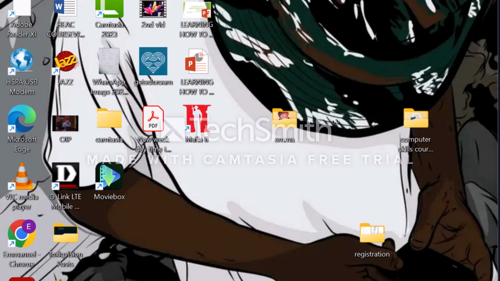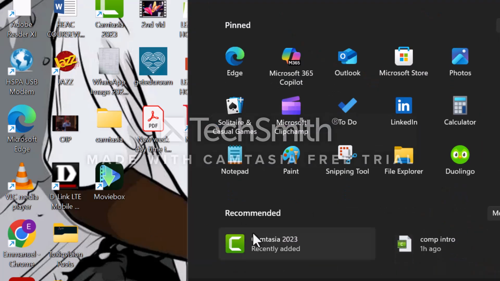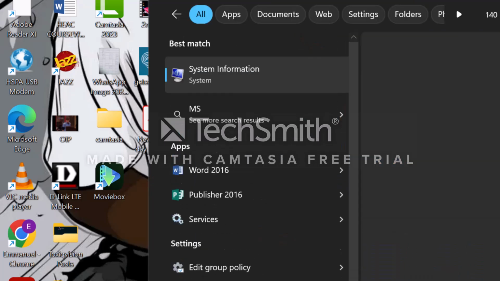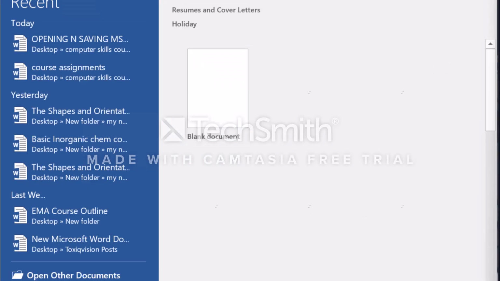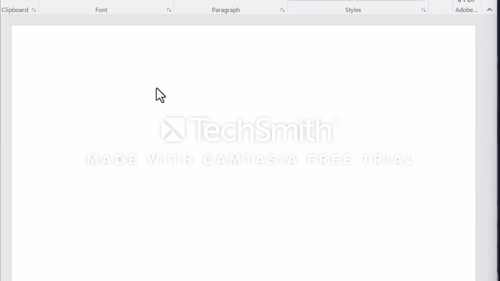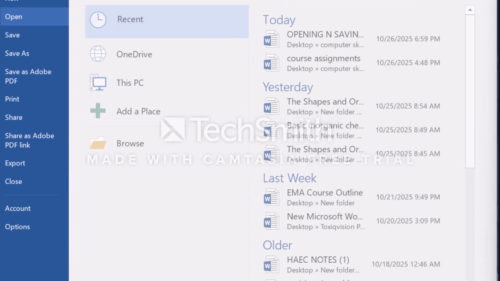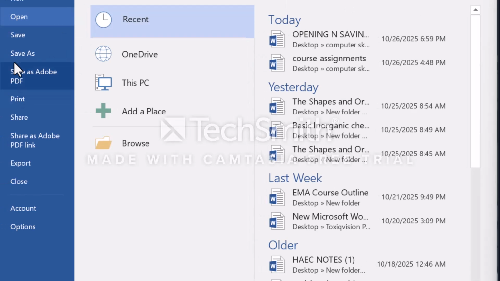To open Microsoft Word, you can either click the search icon or click the Microsoft icon, which for most people you would find around here, or you can actually search for it on your start menu. And once you're inside, go to File, choose Open,